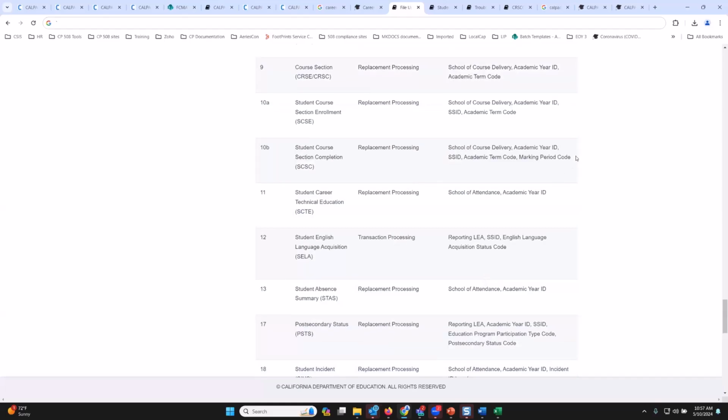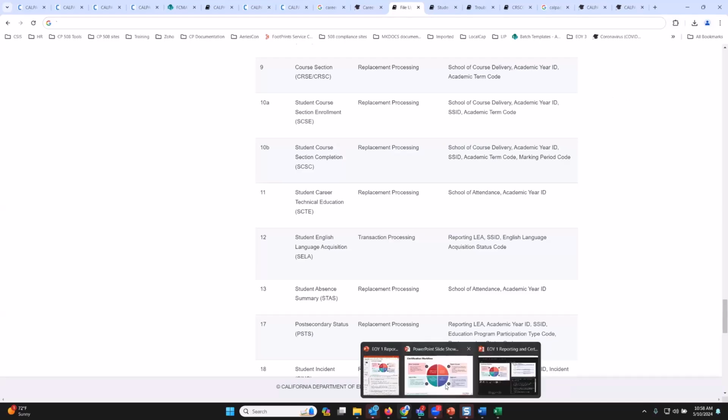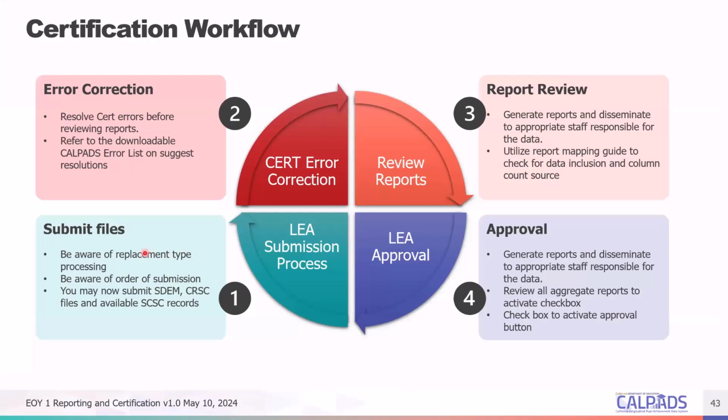That's indicated because, again, if you submit a file that has incomplete data that includes the same values as this, it will overwrite those files. So whatever grades that you have now that is available, semester 1, quarter one, quarter two, trimester one, trimester two, then you could submit those to CalPads while waiting for the last grading period, right? So that way you have a head start in terms of validating your records and also possibly correcting additional errors that CalPads is seeing. So that's important.